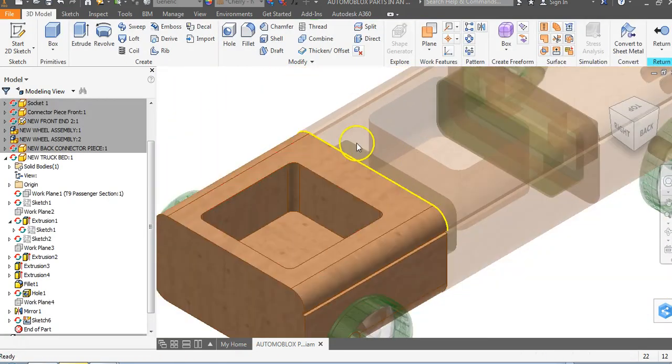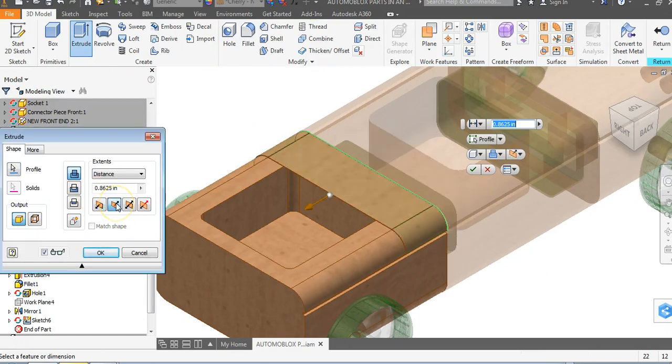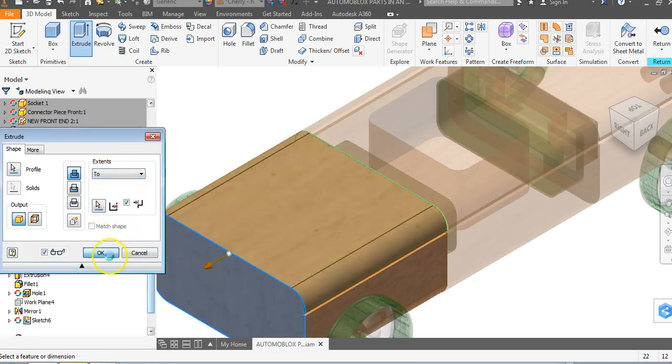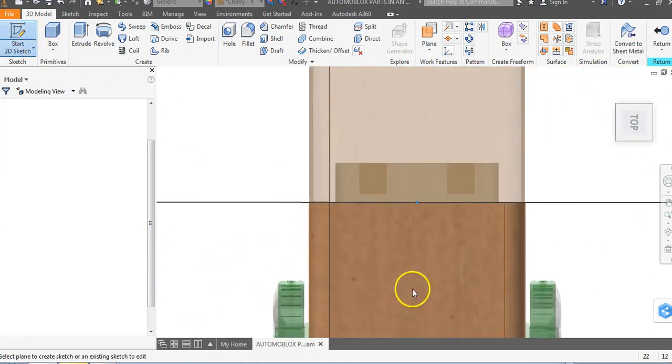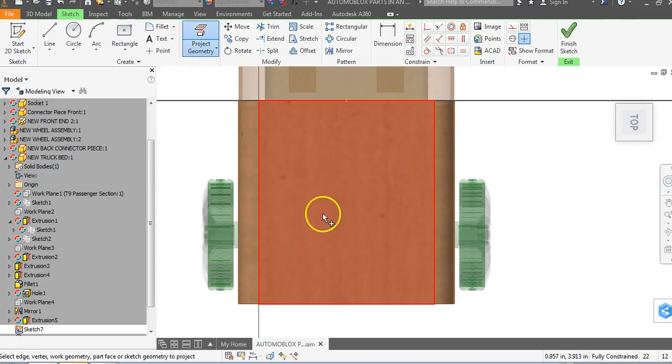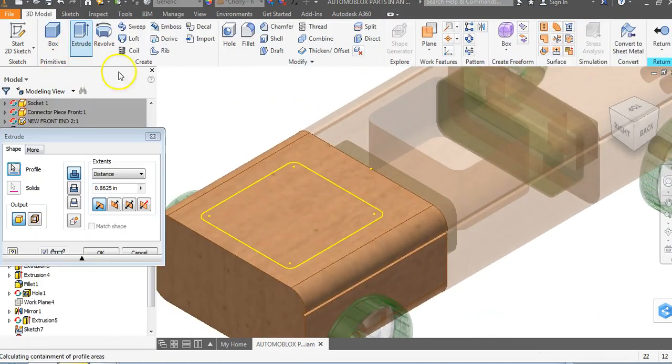So now what I should be able to do is go to extrude, and it's going to see that little thin thing. So if I flip the direction and I come back here, the hard part of this is that if I go to 2 and I flip my back surface, it's going to go over the top of that object. One thing I can't always do is just come in here and project the geometry of that surface underneath here. I'm just going to come over here on the top. If I had to go over on the top just to make this thing line up, it's no big deal. So once I'm done with this, I can go to Finish Sketch, go to Extrude,